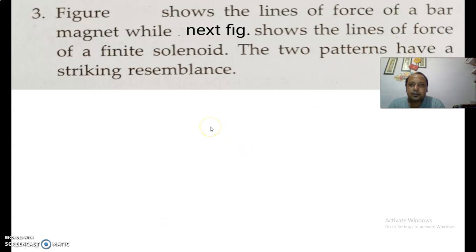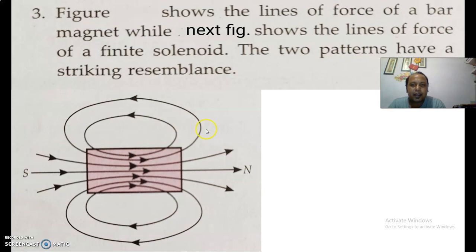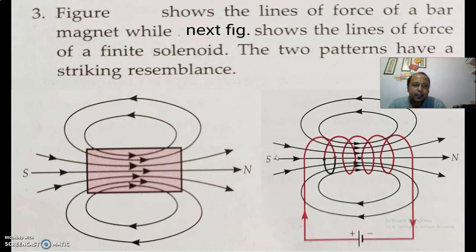Now next point here. We will discuss a figure in which we will show the magnetic lines of force. Now you will see that these magnetic lines of force for a bar magnet as well as for a current carrying solenoid are exactly similar. See here, first for a bar magnet, you can see these are the magnetic lines of force, and in a similar manner for a current carrying solenoid also you can see the magnetic lines of force which are exactly the same as those present in the bar magnet. So that's why they are exactly similar.